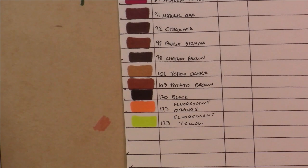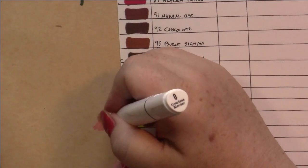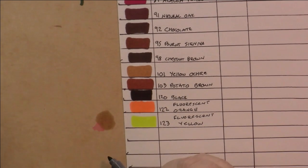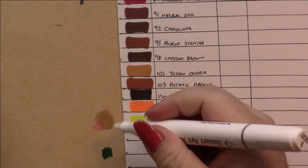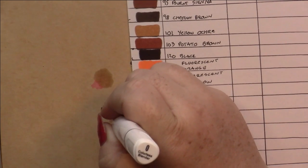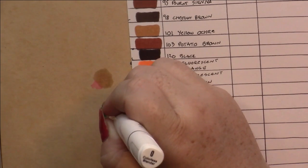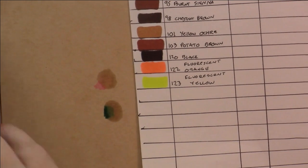Okay, so what it does is it erases, or it takes off a layer. So I'll do half of that. Now it should take away all of that. And let's try the green. Okay, I can't go any more or else it's going to start tearing the paper, but if I let that dry, I can go back in there and totally erase it. It worked really well. So we're left with our